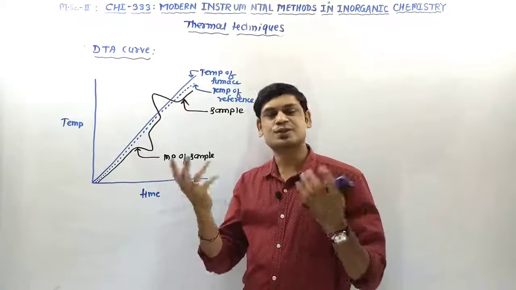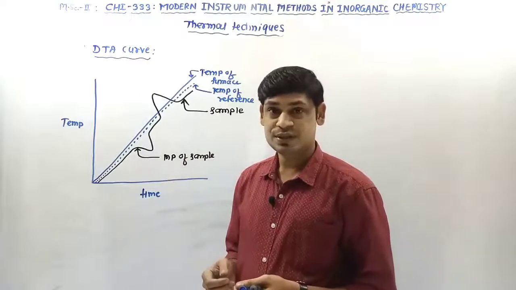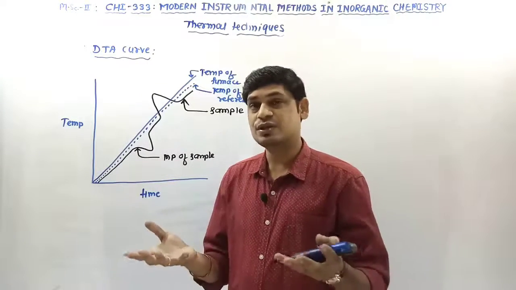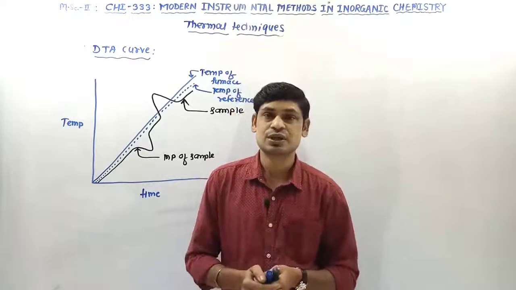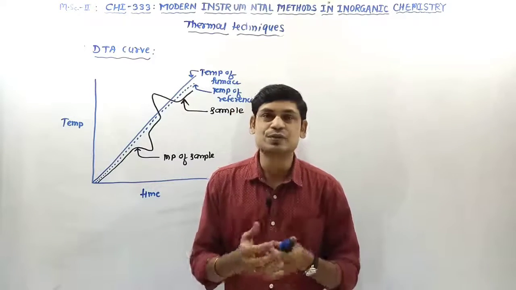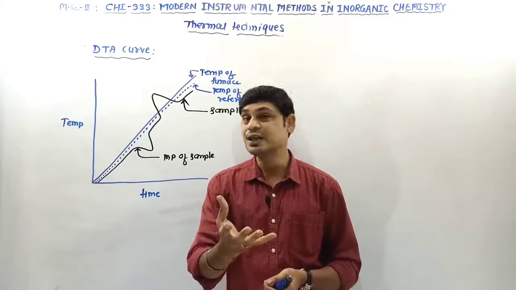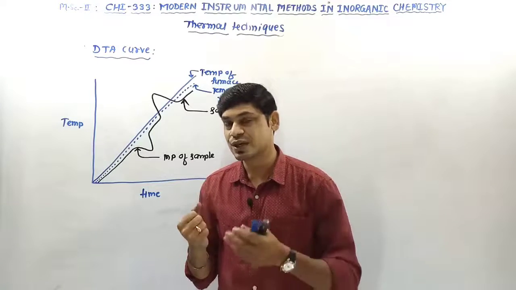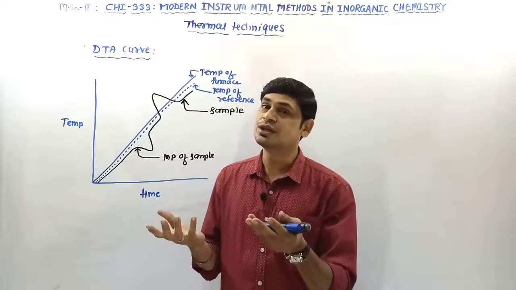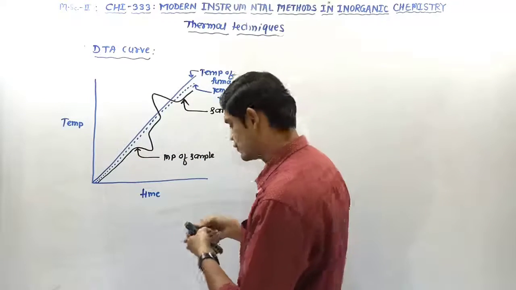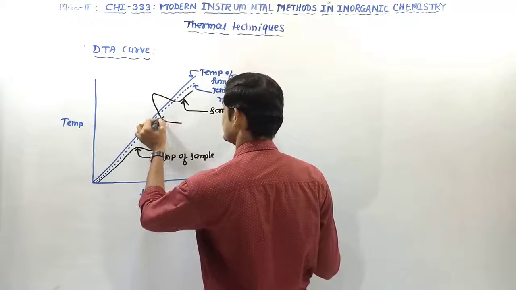Beyond that, some other processes may take place. For example, oxidation may take place. And if oxidation takes place, you know that oxidation is a chemical process which is exothermic. So once the exothermic process is taking place, the temperature of the sample increases in comparison with the reference. So it will give us a positive delta H, a positive delta T. So an upward peak will be obtained over here. So you can say that this is the temperature of oxidation.